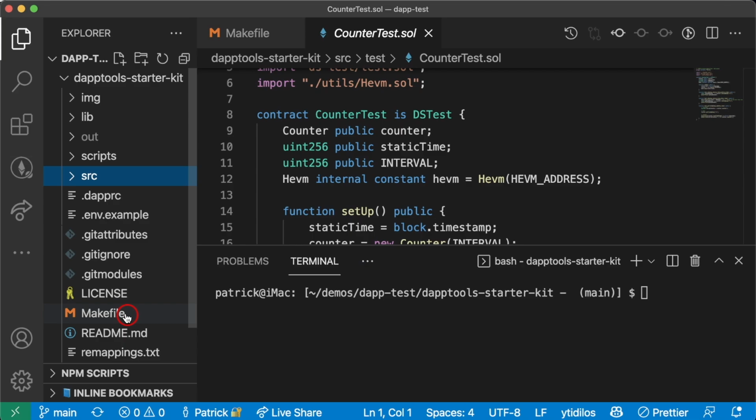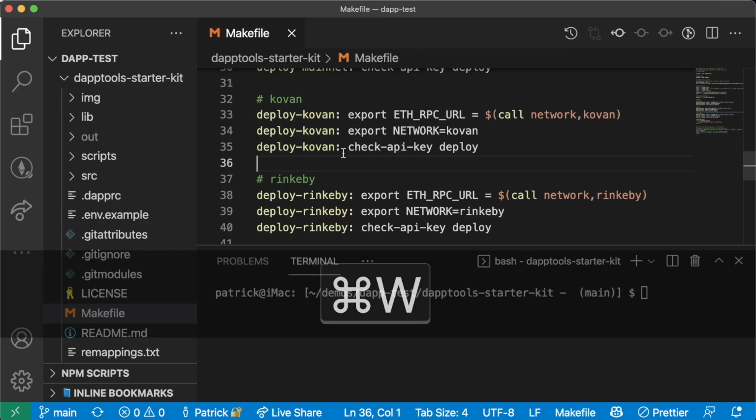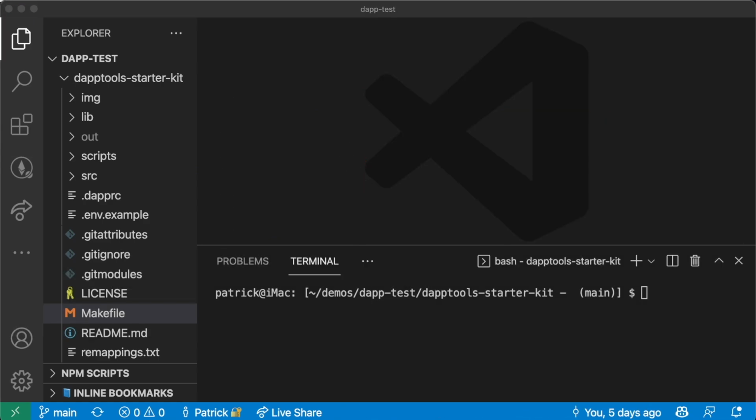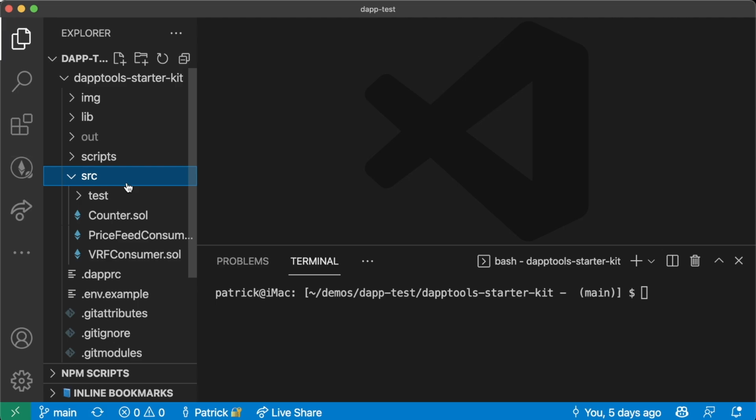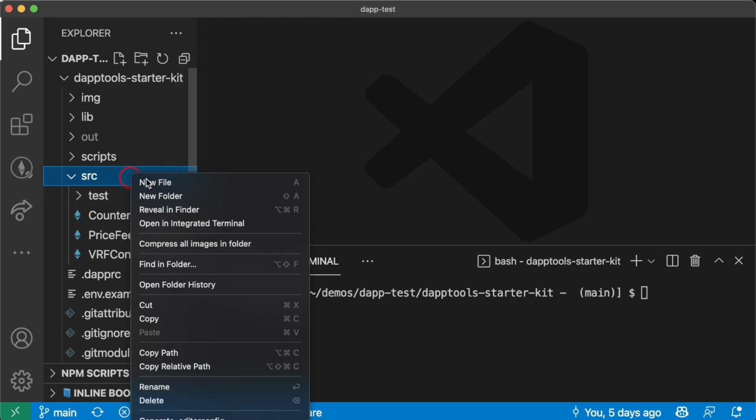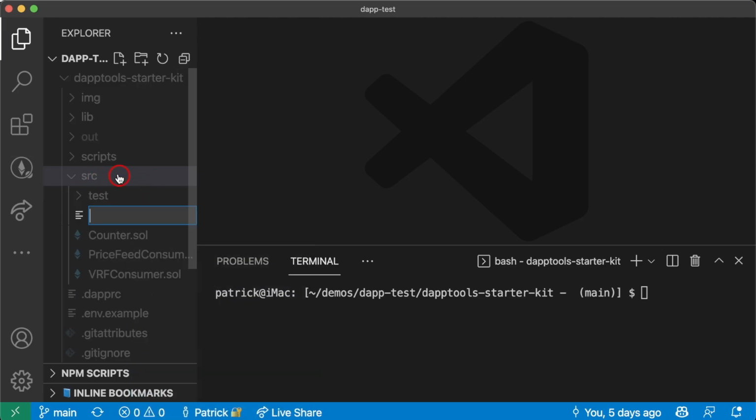But okay, cool. So you've git cloned this template and now you're ready to build some awesome smart contracts. Let's go ahead and start from scratch on what doing something like that would look like. Let's say we wanted to build a lottery contract. That's going to be the purpose of what we're doing here. So let's go ahead and create a new file in our source folder called